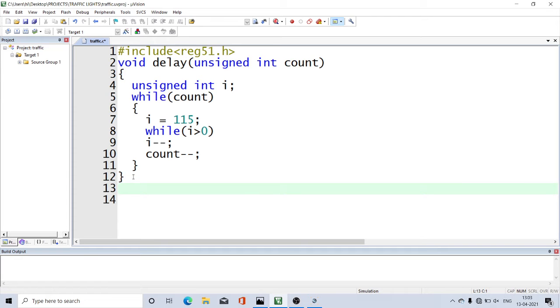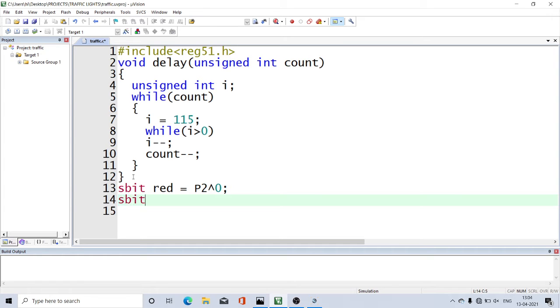Then next going with the declaration of pins with sbit, red equal to P2^0, same sbit